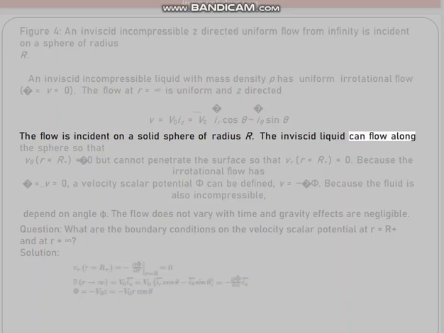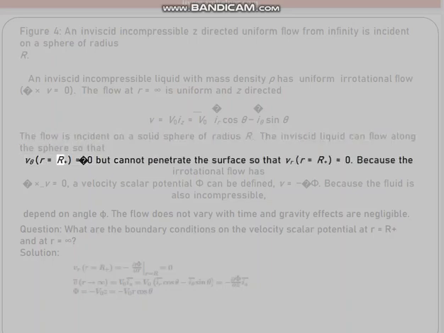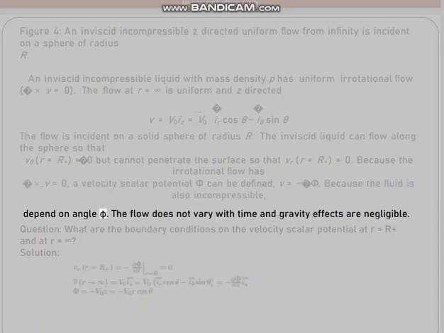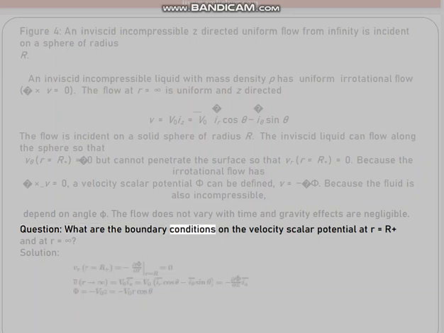The inviscid liquid can flow along the sphere so that v_theta at r equals R plus is not 0 but cannot penetrate the surface so that v_r at r equals R plus equals 0. Because the irrotational flow has curl of v equals 0, a velocity scalar potential phi can be defined, v equals minus gradient of phi. Because the fluid is also incompressible, the potential does not depend on angle phi. The flow does not vary with time and gravity effects are negligible. Question: what are the boundary conditions on the velocity scalar potential at r equals R plus and at r equals infinity? Solution: